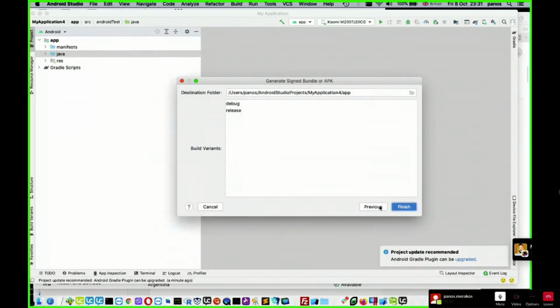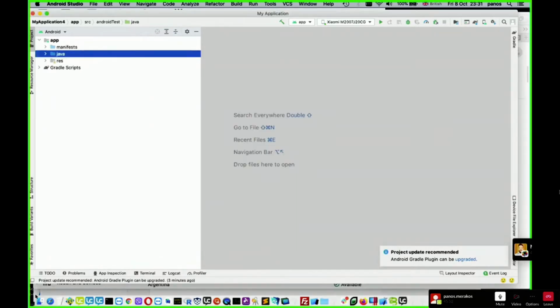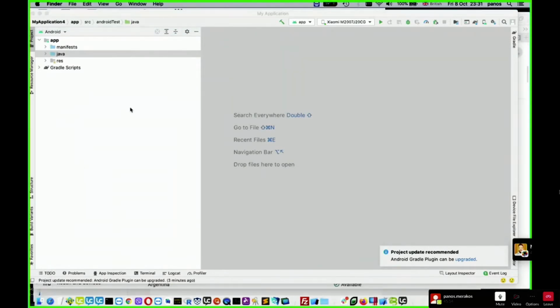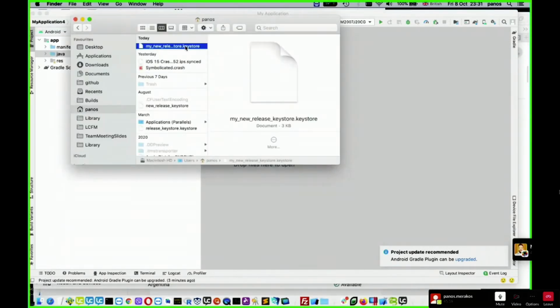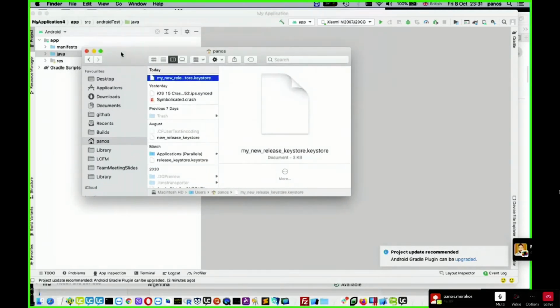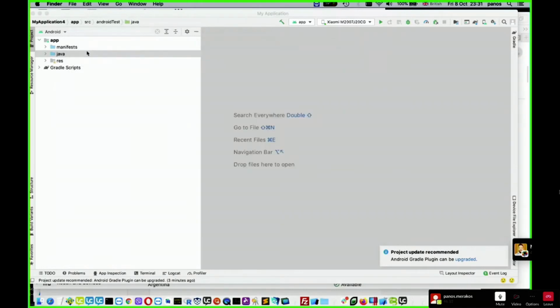Okay, so if I go to my home folder, here it is. This is the release certificate that I just created, and we will use this to sign our app bundle, which we're going to submit to the Play Store.